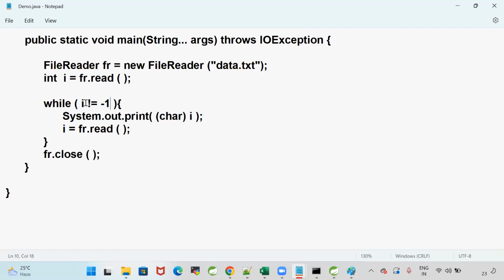If it is -1, what is the meaning? The file is empty, no need to read anything. If i is not equal to -1, there is some data. Then print that data. After printing the data, read the next character. Always it will read the next character and reinitialize